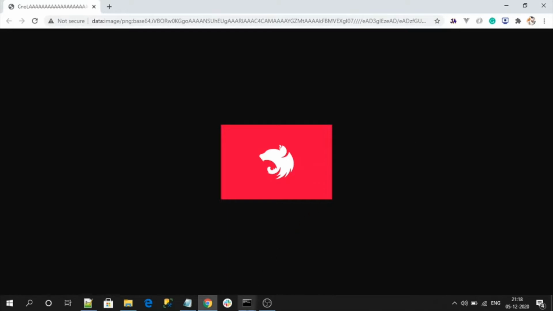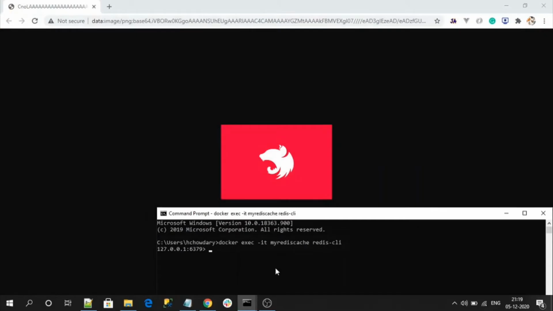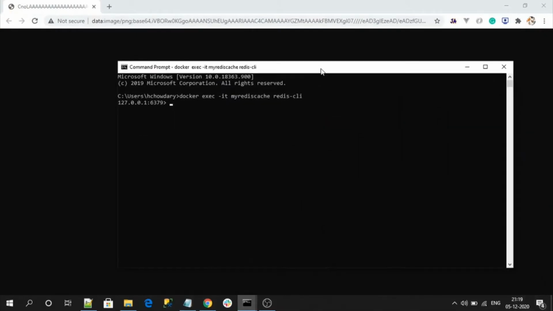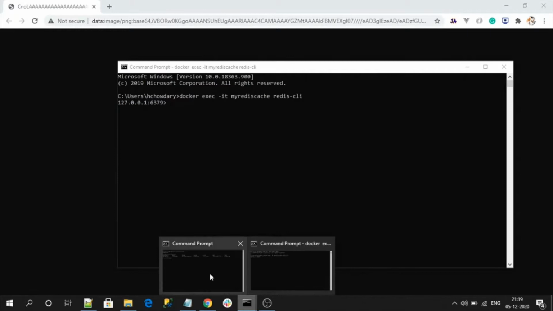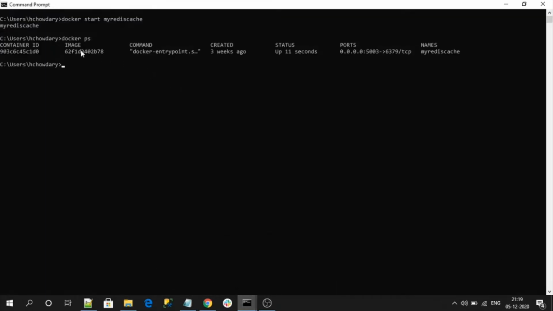So here I am running my CLI command prompt, and this one is my Docker command prompt. See here, my Docker image, the Redis image, is my Docker cache. It is my Docker container. Here I am running it on port number 5003. So this entire setup of installing Docker locally and running the Redis container,